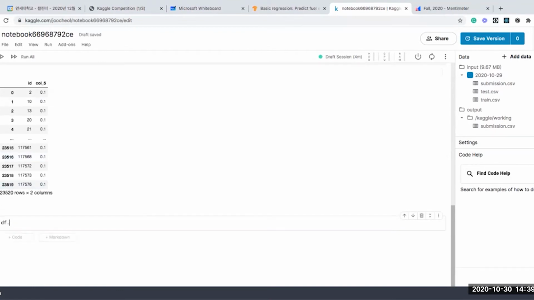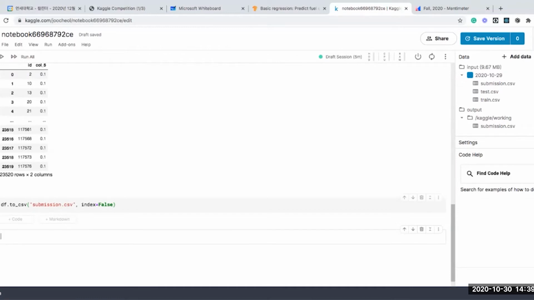And then I'm gonna save it to CSV, and then save it to the same name, submission. And if you save it again, then it will be overwritten. So submission.csv, still index is equal to false. And in order to make a submission,